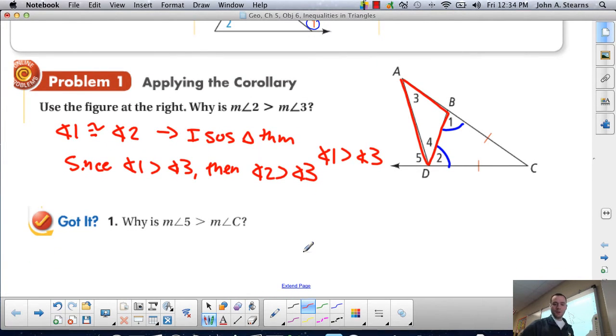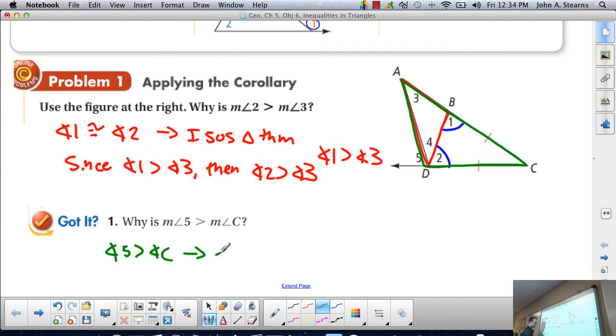I'm going to go through one with you. Why is the measure of angle 5 greater than the measure of angle C? And I want you to see this as well. Now, I mentioned earlier that there are multiple triangles at work here. Here's one in red, and now I'm showing you one in green. That makes angle 5 an exterior angle to triangle ADC. If angle 5 is exterior to triangle ADC, it must be larger than the remote interiors. The two remote interiors are 3 and C, so angle 5 has to be greater than angle C